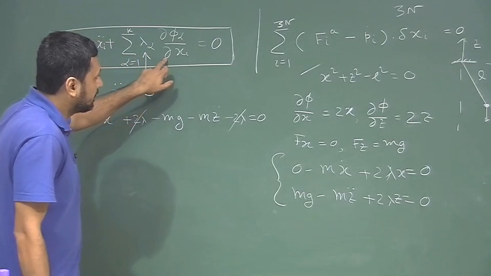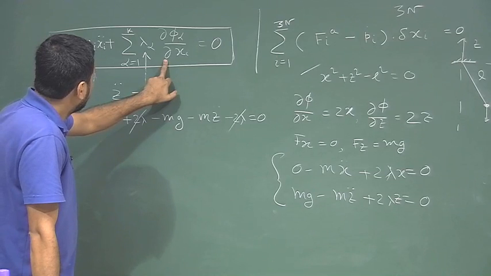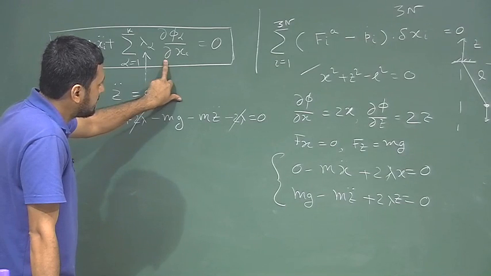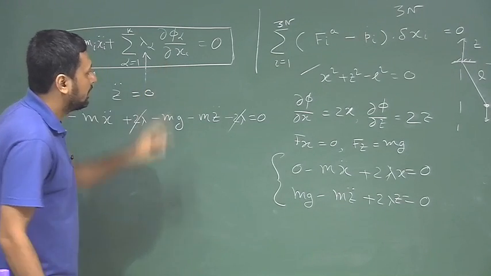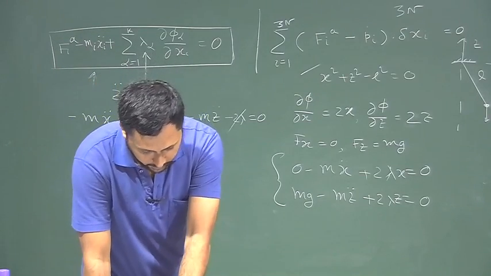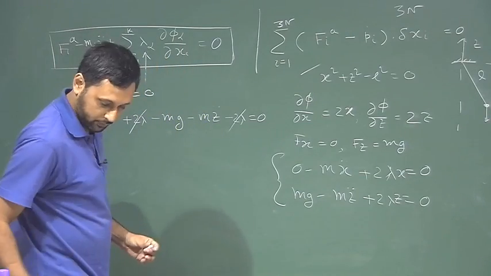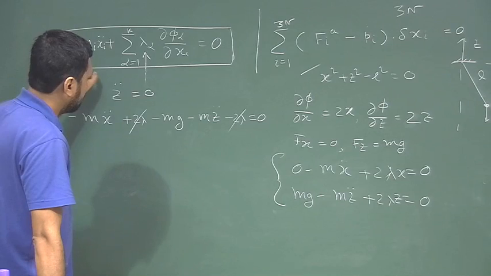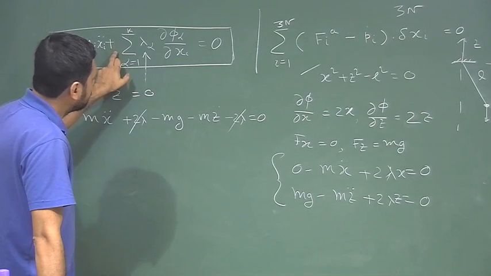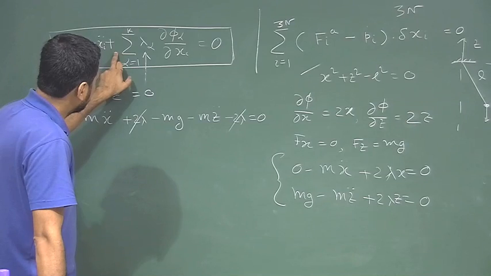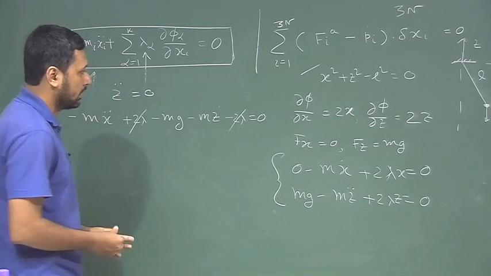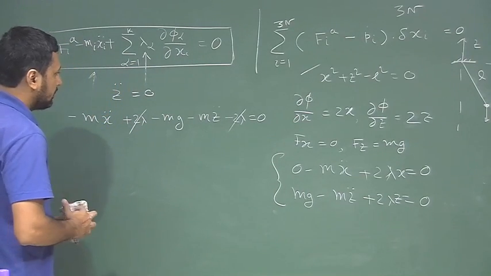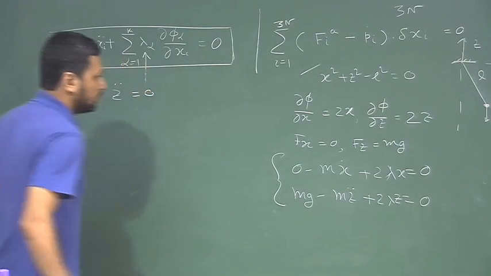So, in the first term we have to add del phi del xi, right. The first equation will be 0 minus m x double dot plus 2 lambda x, right. Okay. So, now these are two equations, right. Okay. So, if these are my equations, what I can do is